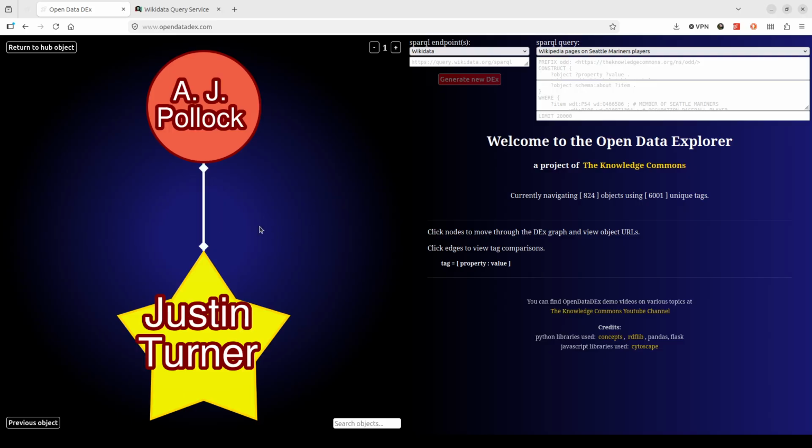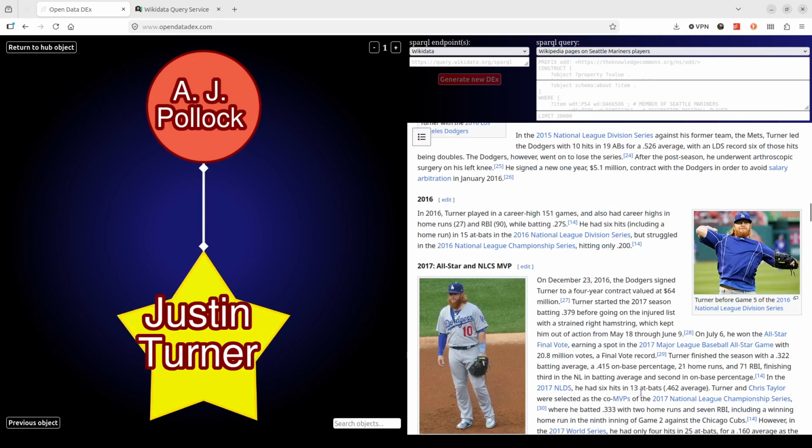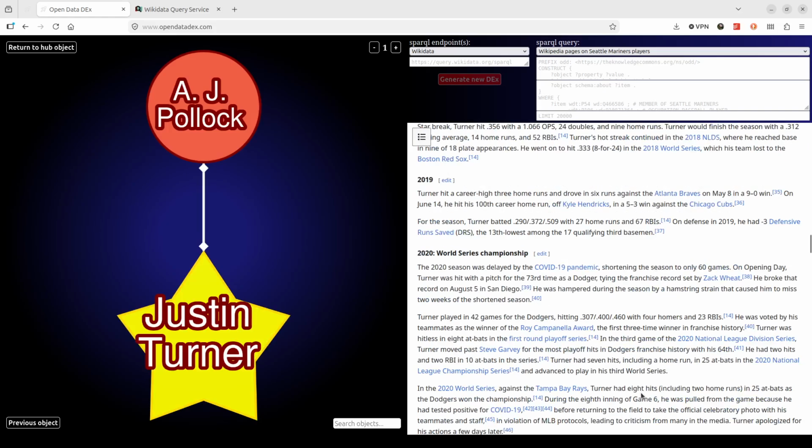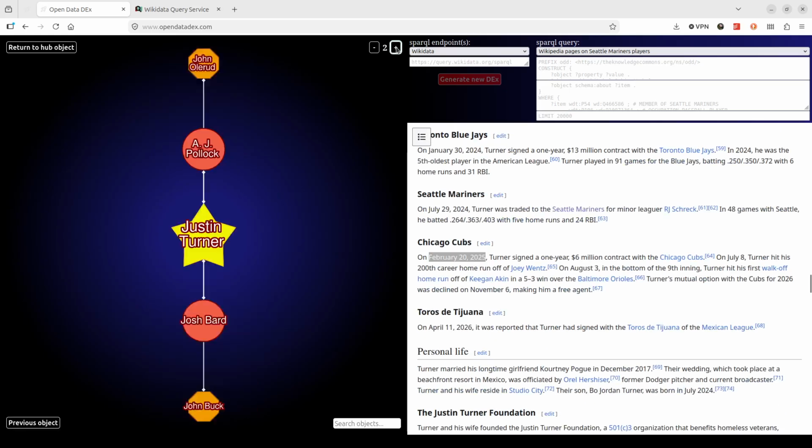And so, yeah, let's take a look at this. So Justin Turner is our hub object. And he actually only played for the Seattle Mariners for like half a season. He was traded July 29th, 2024, and then by February 20th, 2025, he was signed to the Cubs. So he's maybe not the best